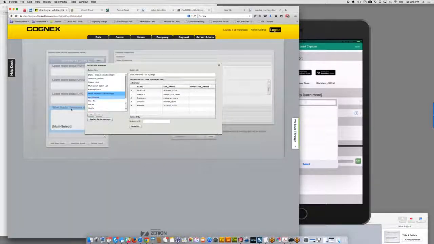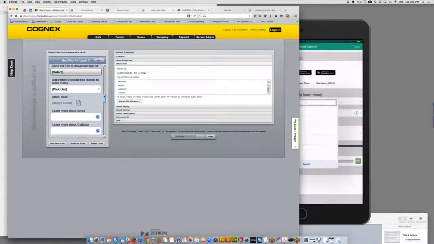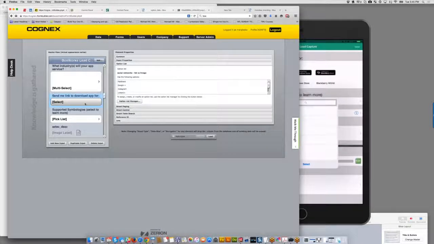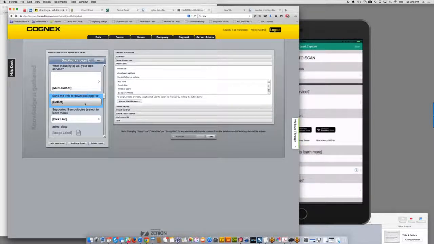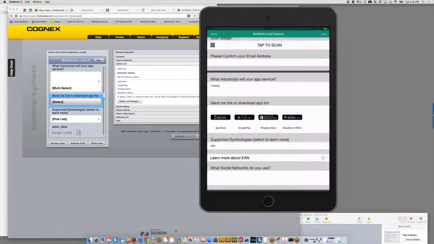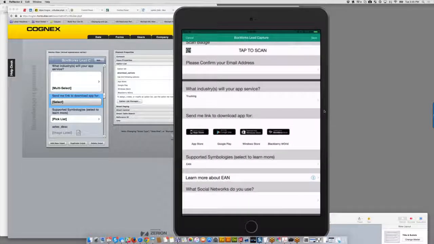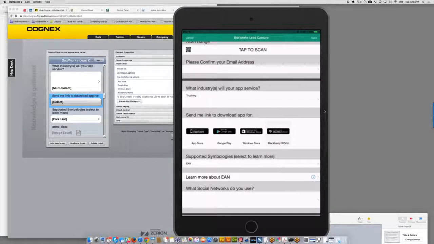So let me just show now what we have in this form. I'll close out of here. We also have, I don't know if you saw it in the form, but we said, send me a download link for the app, and this is this right here. Let me bring it in front. So this is how a select looks. And you have a lot more flexibility. A select can be up to 180 pixels wide by, I believe, 45. So in this place, this is a single select though. You can't multi-select from here, but I say, App Store, Google Play, Windows Store, and BlackBerry World,